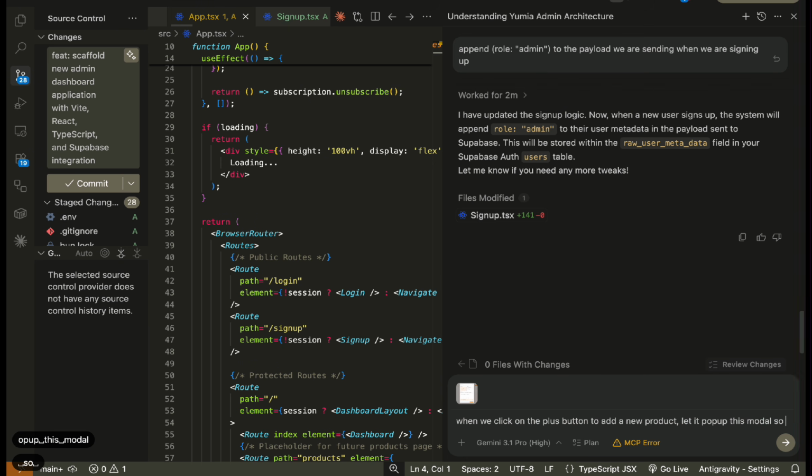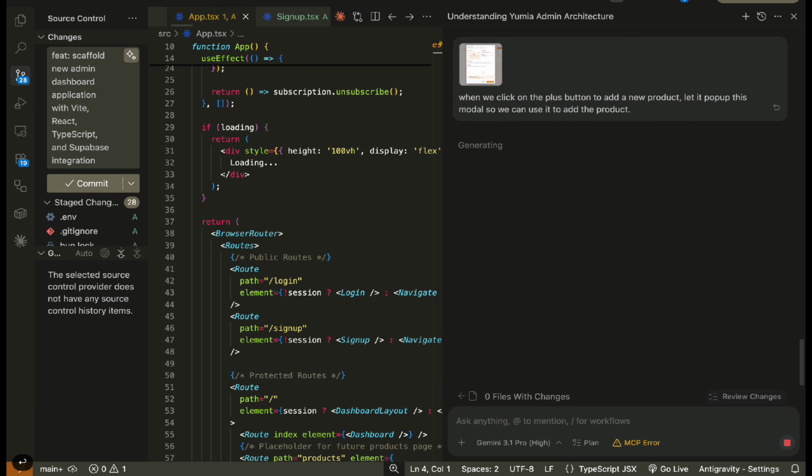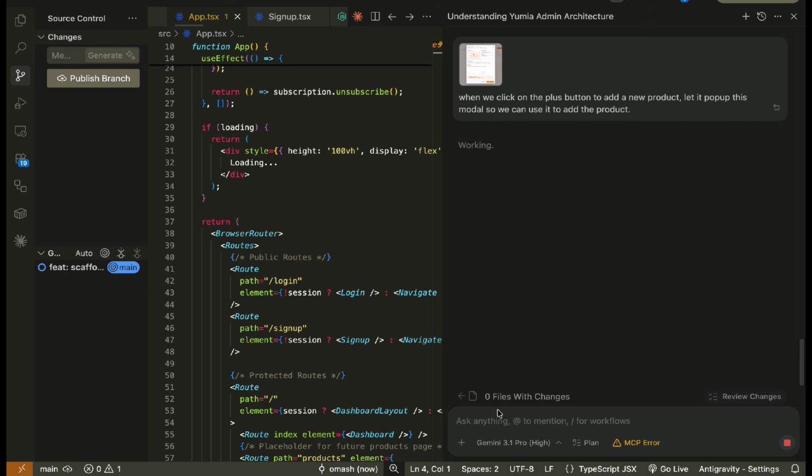Let it pop up this modal so we can use it to add the product. All right, so let's design that, and once it's done, we'll start implementing the upload. That will be the first thing we'll do. So then after implementing the upload, we can start fetching from the mobile app, and then we can move